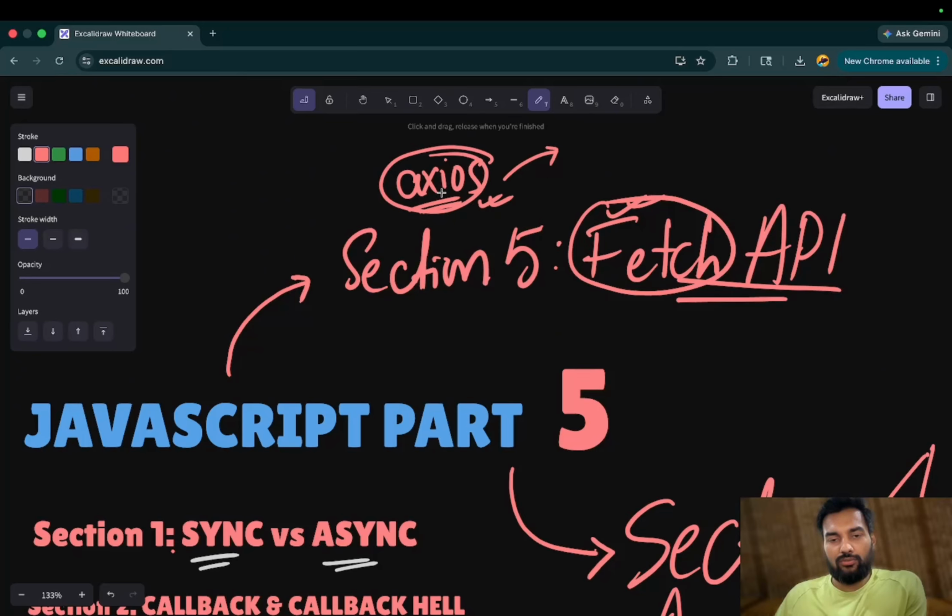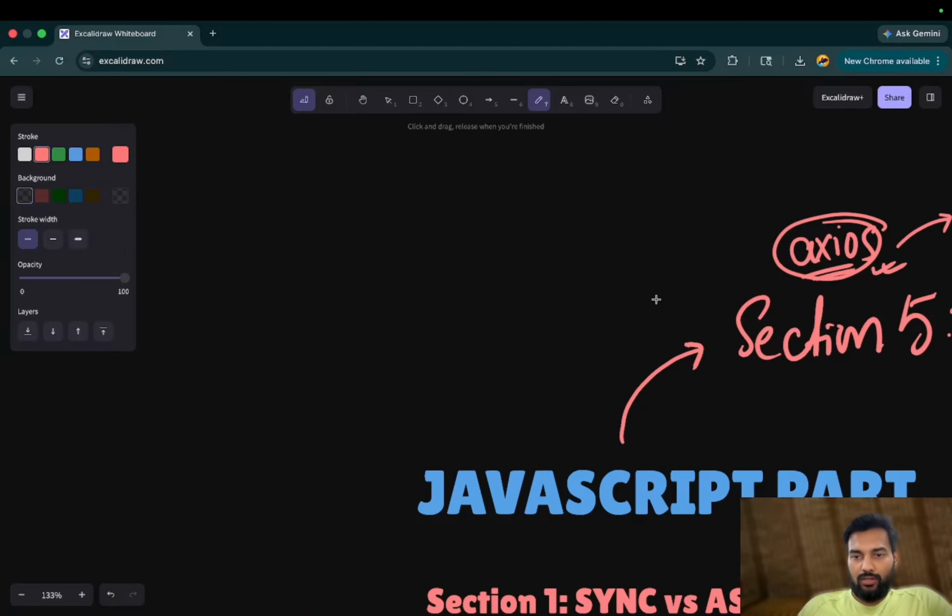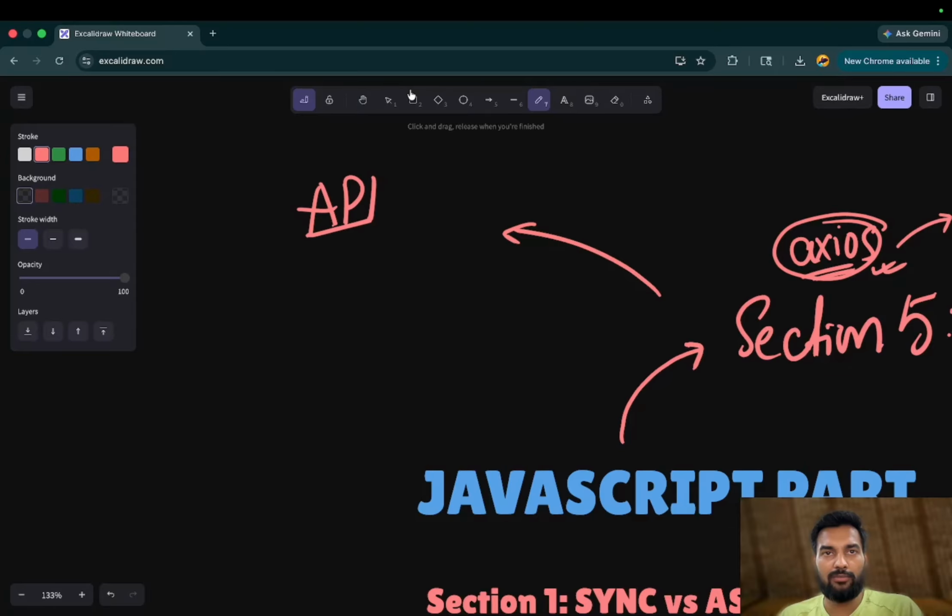So we use Axios for that. To understand this, first we will check what is API. Let us make sure everyone understands what API is. This is important because freshers often know the code but struggle to explain the concept, that what is API. If you know that okay, this is API calling, but someone asks you what is API, then you could